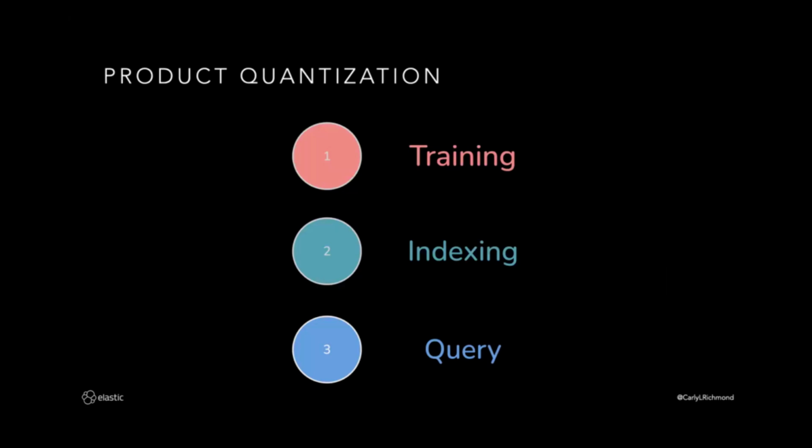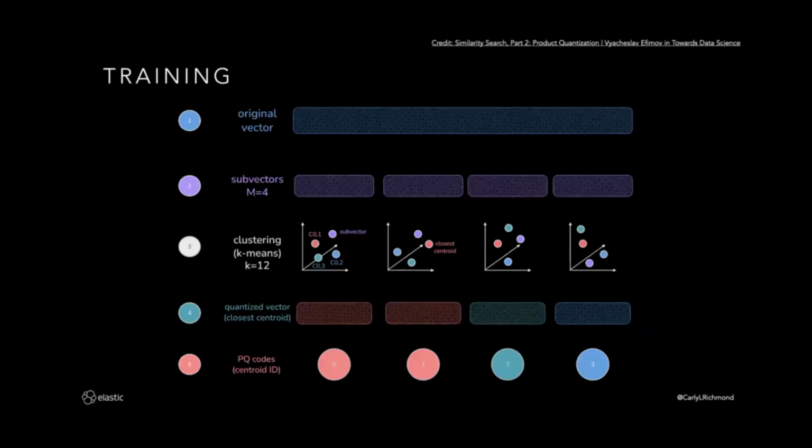So we do see this in many different kinds of products available within the search ecosystem. The idea is it's a three-step process, and this is one of the things that does tend to knock people. So the first thing we have is the notion of training. So we actually take a subset of our own vectors and perform a training stage against it.